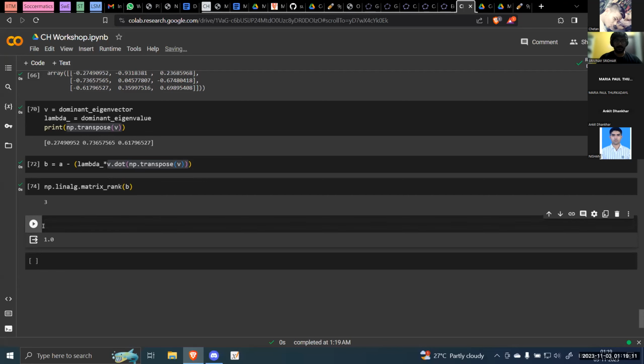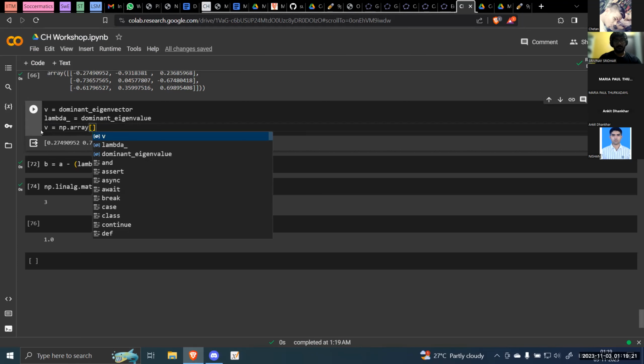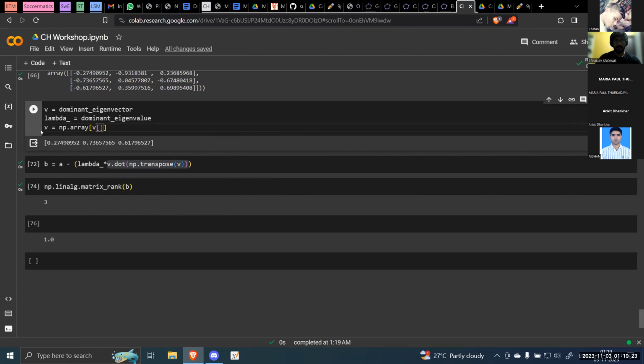I got this idea that you told me: when you have a full rank matrix and you take one of the columns and subtract it from all the three columns, then essentially your rank gets reduced, right? But here if you observe, lambda is also playing an essential part. Without a particular lambda, you cannot